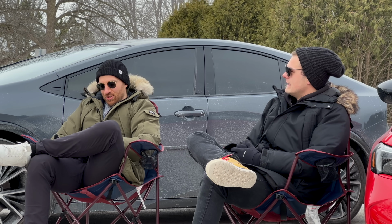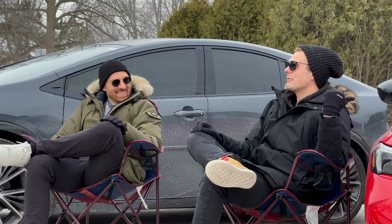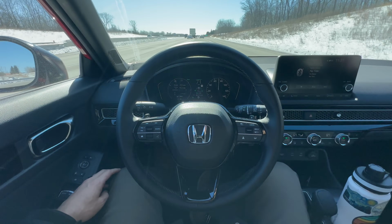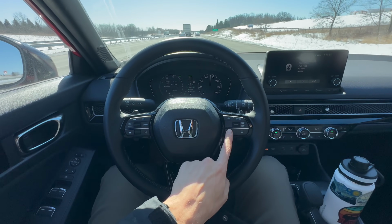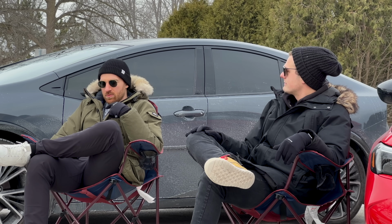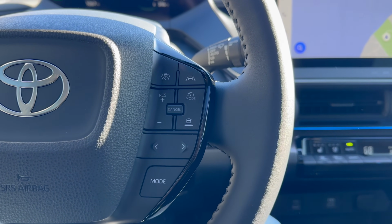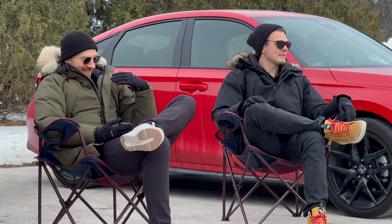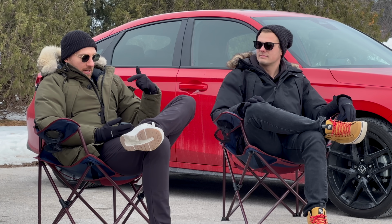Interesting. Why is that interesting? You wrote the script. It's not interesting because I'm surprised by it. It's interesting in the sense that I was surprised to see the Sport Civic Hybrid here with lane tracing assist, or lane centering. It works medium good. I was going to say that two things really stick out with the Prius for me. This has the Safety Sense 3.0. I think it has better lane tracing assist than the Civic. Does yours have the eyeball watcher thing? No. Generally the Toyota system works a little bit better. The Honda system's okay, but the Toyota system's just a little bit better. And the other thing I'd mention is the Prius has proactive driving assist. So regardless of if you're in cruise control or not,